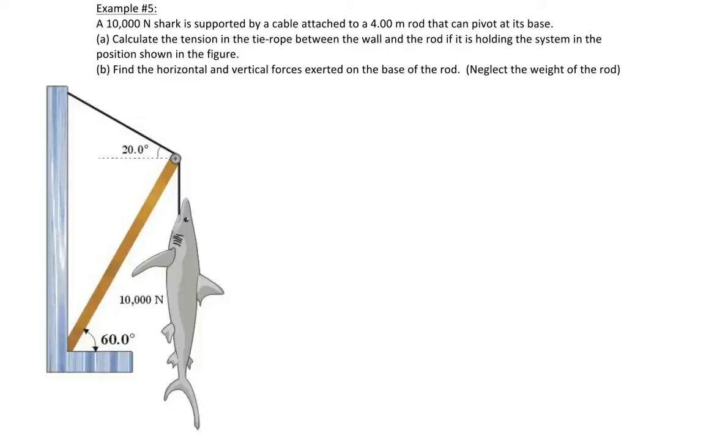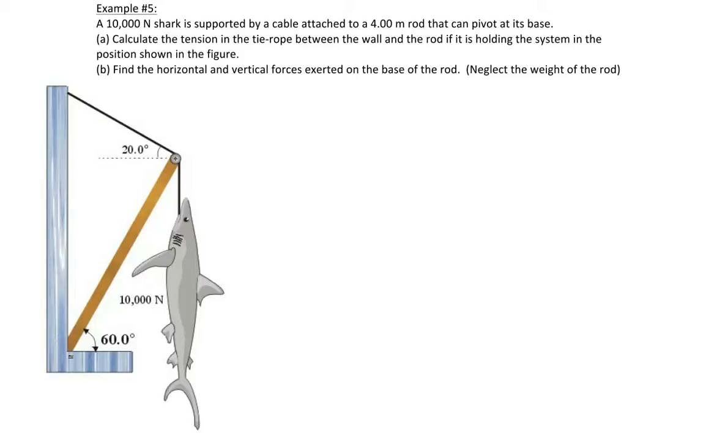Welcome to example number 5. We have a shark that weighs 10,000 newtons that is supported by this cable that is attached to a 4-meter long rod that can pivot about its base. We're asked to calculate the tension in the tie rope right here that is tied between the beam and the wall. And we're also asked to find the horizontal and vertical components of the force at the base of the